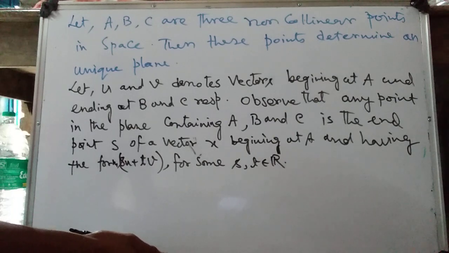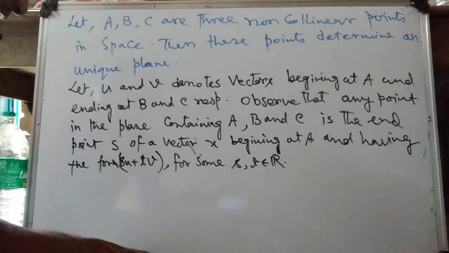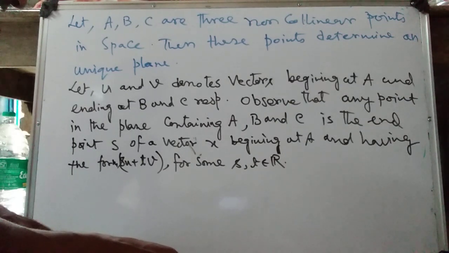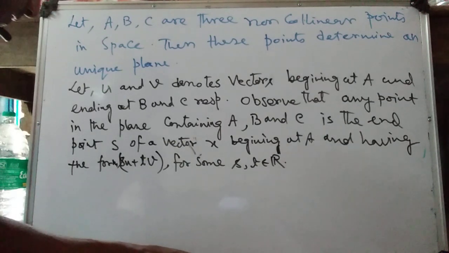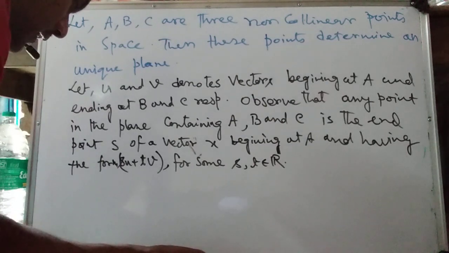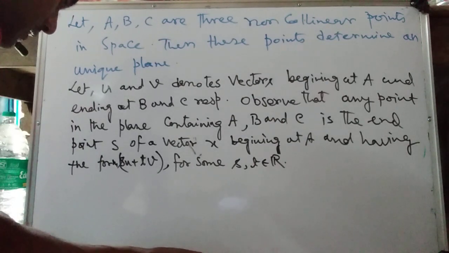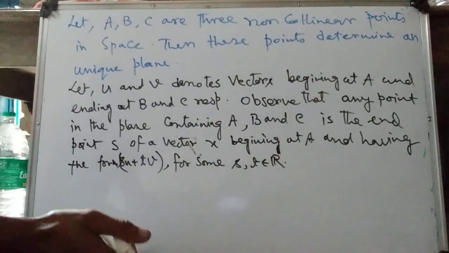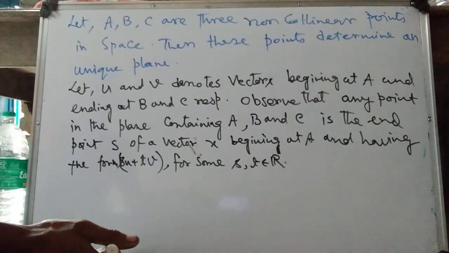Then the end point of su is the point of intersection of the line through A and B with the line through s parallel to the line through A and C. Then for any real numbers s and t, the vector su plus tv lies in the plane containing ABC. It follows that an equation of a plane